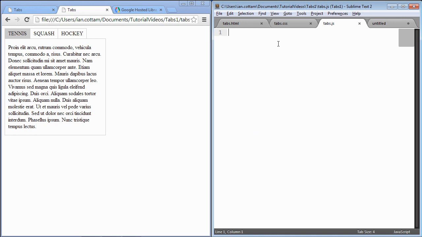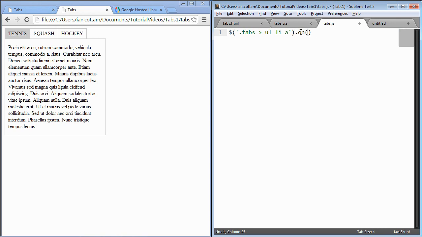Now the first thing to do with our JavaScript is to create a selector for the element that we've clicked on, for the title elements, so that when we click on a different title element, our JavaScript will run a function. So let's select our titles, and we're going to use this selector to get those titles, so that when I click on an anchor within a list item within an unordered list that is a direct descendant of my tabs feature, then